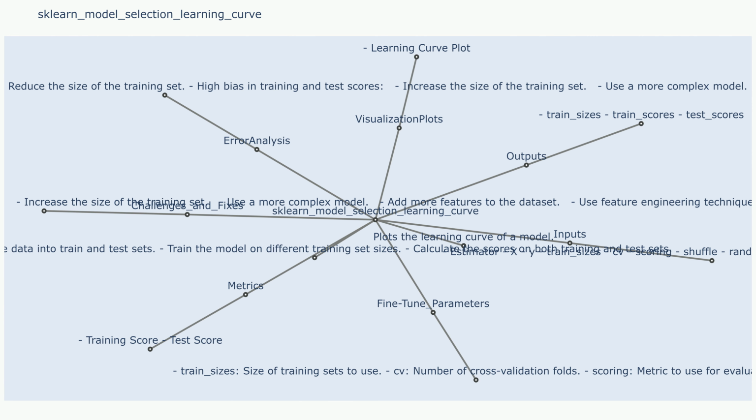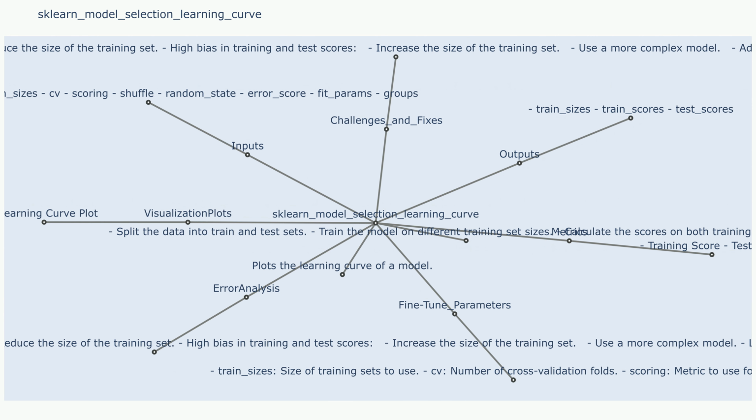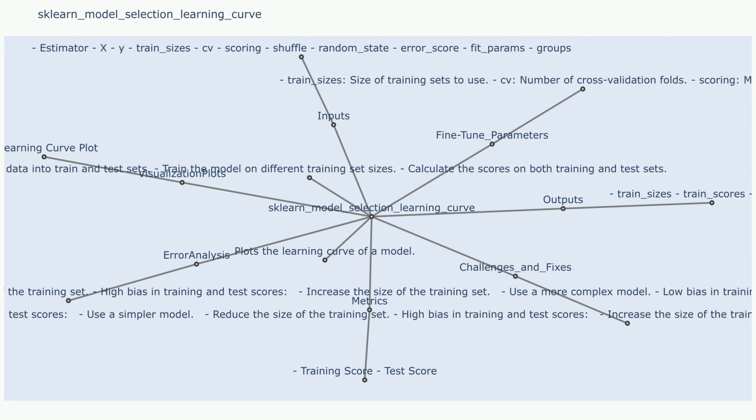Challenge 2. The learning curve may be noisy, making it difficult to interpret the trend. Sample use case that resulted in challenge 2. The model may be sensitive to the specific splits of the data used in cross-validation. Fixes to challenge 2. Increase the number of folds used in cross-validation. Use a different cross-validation strategy, e.g., stratified k-fold cross-validation. Repeat the learning curve experiment multiple times with different random seeds and average the